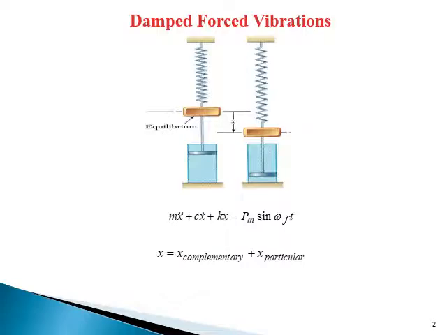Unit 3. The forced vibration. In this figure, we can see that a system is being used. In this system, we are using a spring and a damper. Therefore, it is a combined system of spring and damper. If we add any external applied force F0 sin omega t, then the system will convert